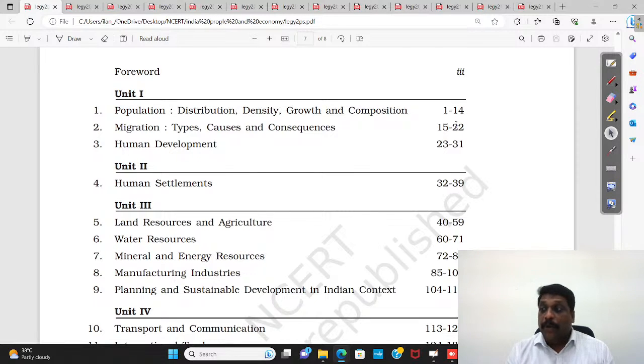Or even when you read your syllabus, what I understand, if you ask me what exactly is the syllabus for the preliminary examination, it says the physical, social, and economic geography of India and world. What is the social and economic geography? The socio-economic geography is the other name for human geography. Okay. So when I take socio-economic geography and simply call it human geography, then all put together,